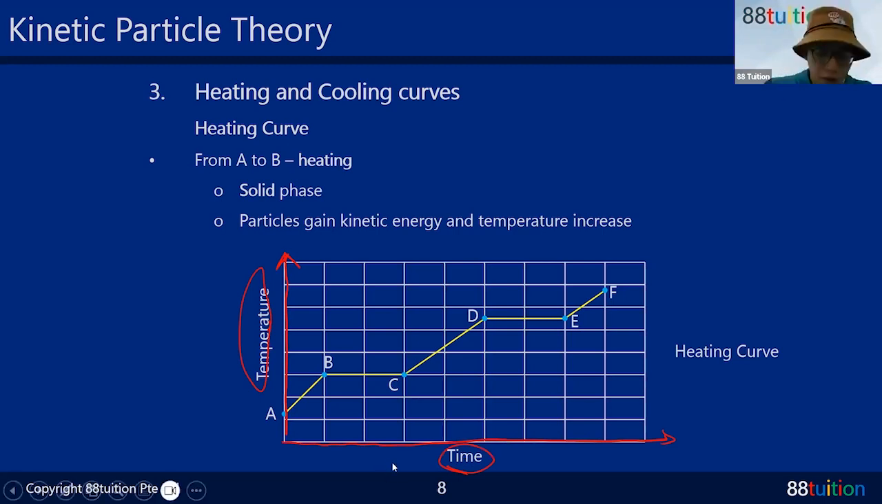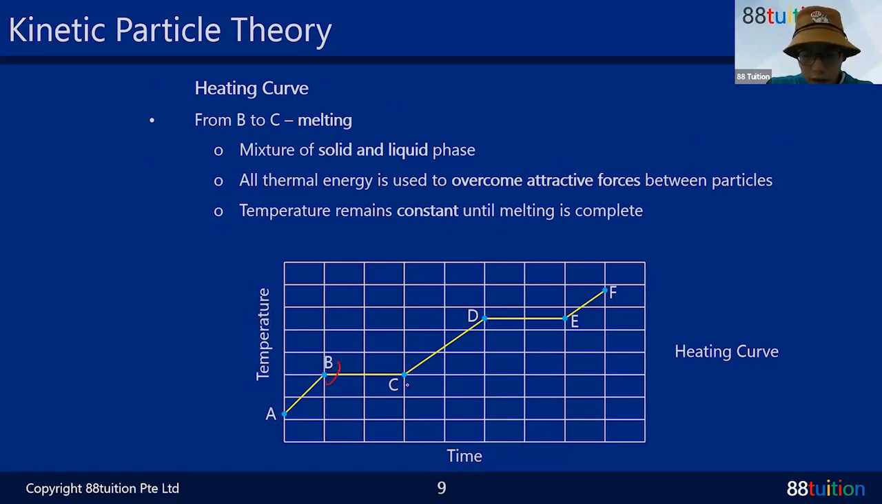Over here you will see that it looks like a staircase. From A to B, this part, is our regular heating. Why? Because I can see the temperature going up. When temperature is going up, I know there is no state change occurring. It is the same state, so this whole part is the solid phase. It's not melting yet. What happens here is the particles gain kinetic energy and the temperature goes up. Then we go on to the next one, which is B. How to know where